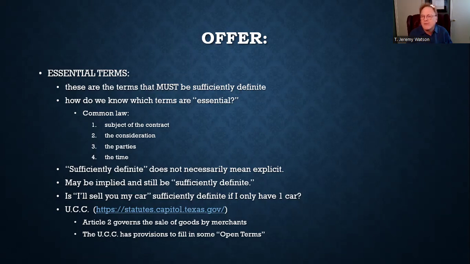So what are you getting for the car? You're getting $1,000. Now, technically, the car is consideration too, right? We have to have something going both ways. So the car is the subject matter of the consideration. That's the subject matter of the contract. That's the consideration on one side, and $1,000 is what you're getting in exchange for it.